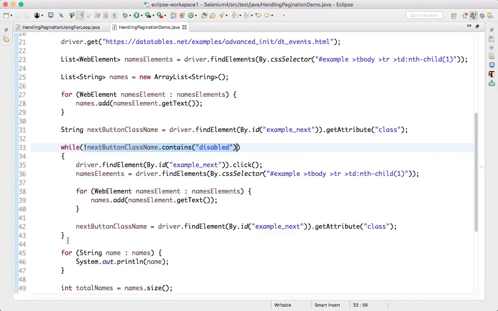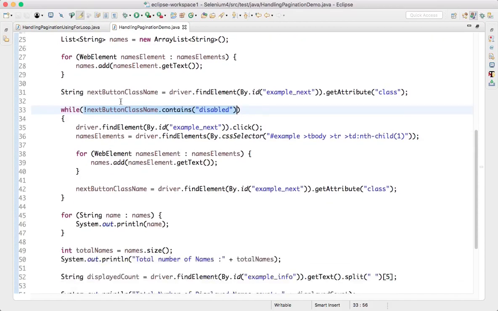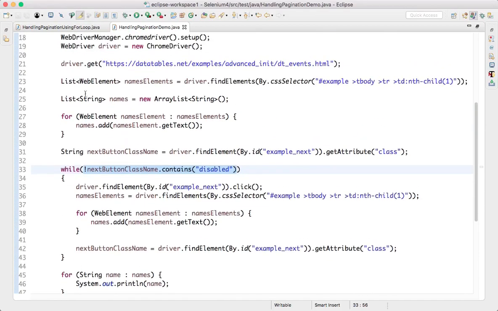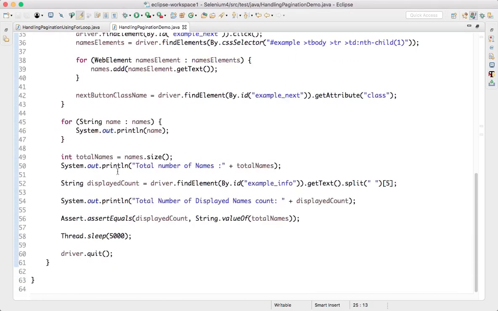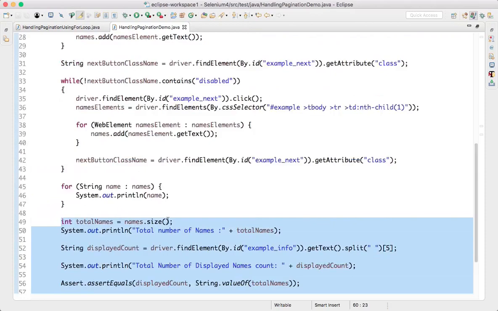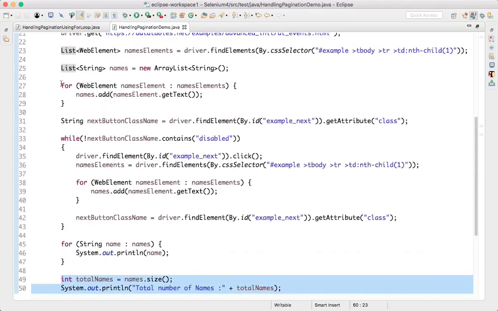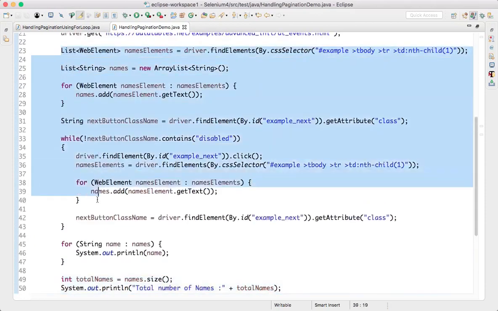So when it is disabled, my while loop is becoming false, and it is coming out of that loop. Once it is coming out of the loop, I have all the elements in this list. So I am just printing and counting and asserting. This is very simple. The important logic is this one, from here to here.